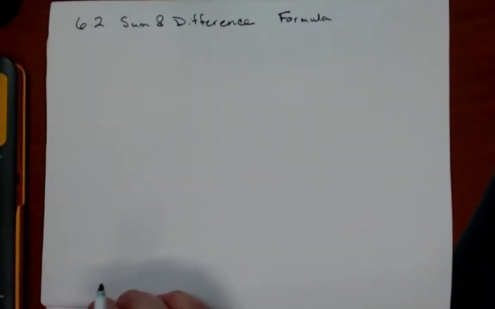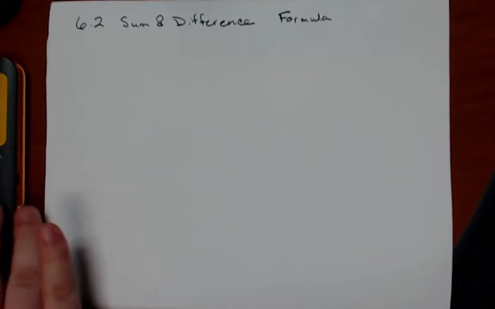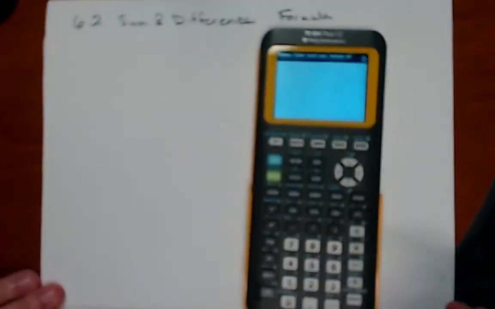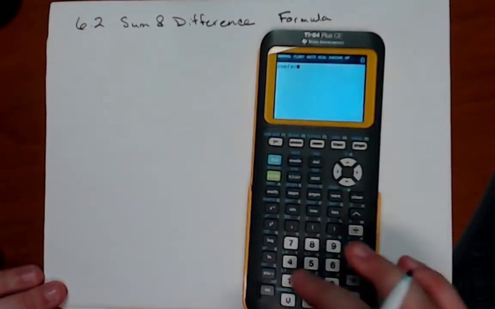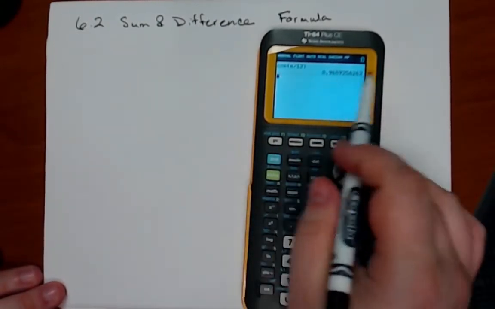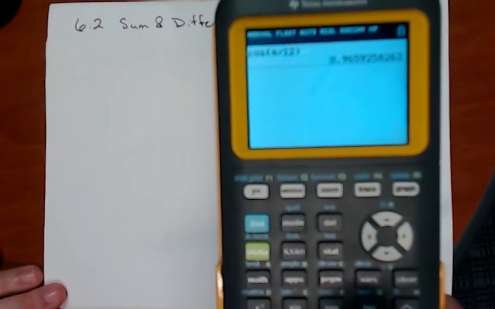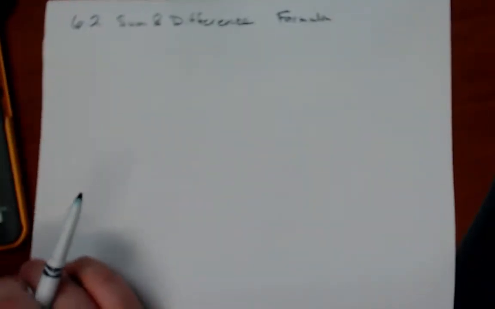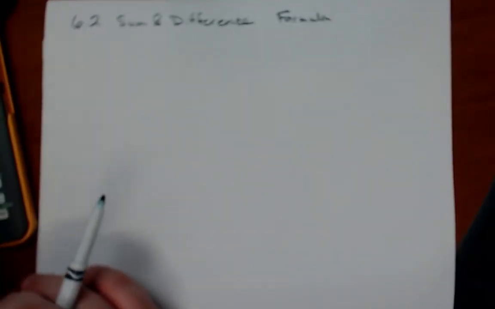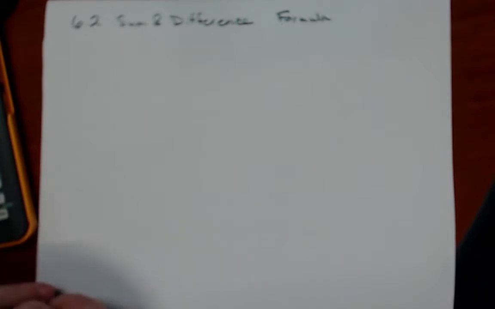And so you might be asking, why do we need more formulas, right? We had a section on identities, we had multiple sections on graphs and their inverses. Well, our calculators are great in that, if we want to know, say, the cosine of pi over 12, we can put it in our calculator and it gives us this nice, neat decimal approximation. Remember, our calculators have to give us approximations because they can't represent irrational numbers like the square root of 3 and things like that. But sometimes having the exact answer, or being able to come to the exact answer, is